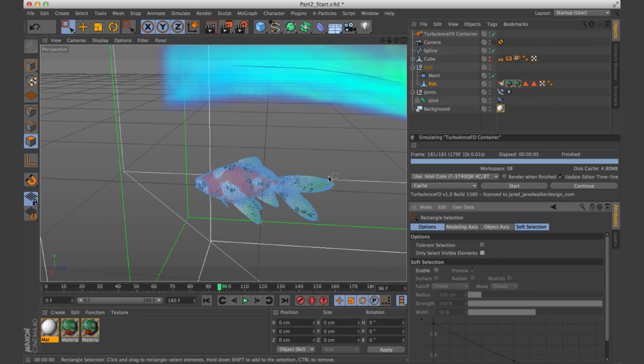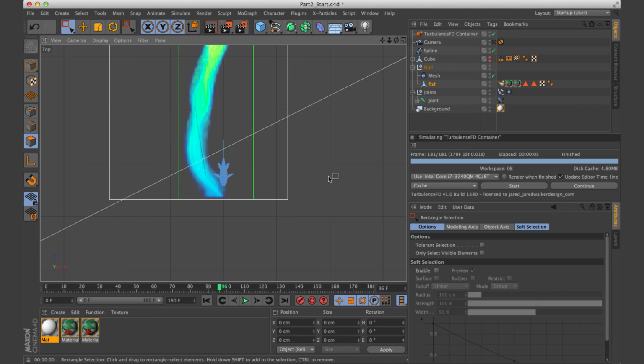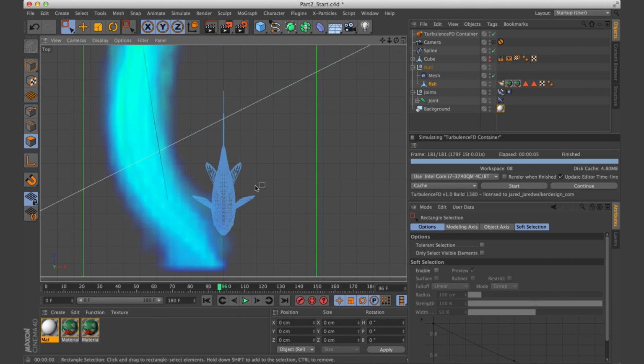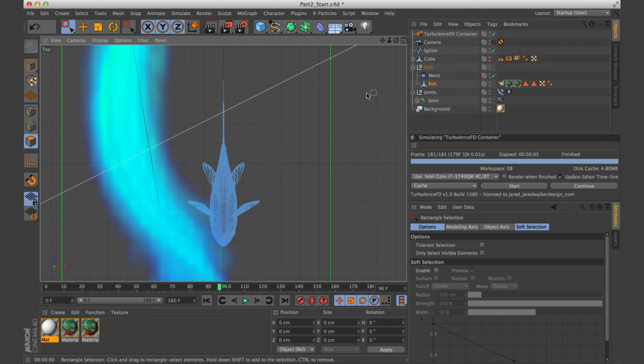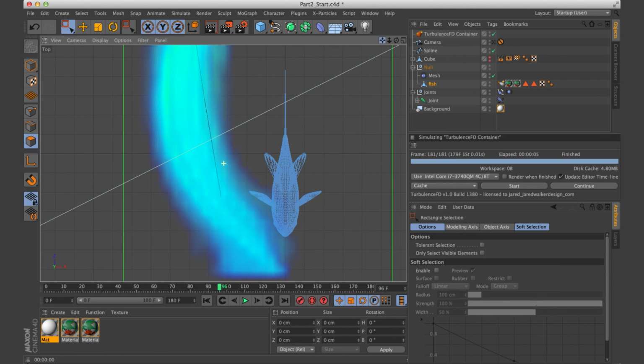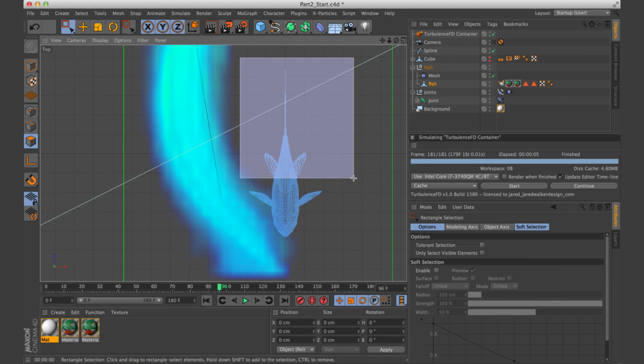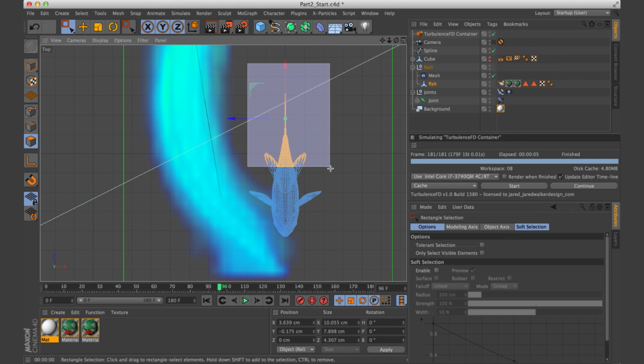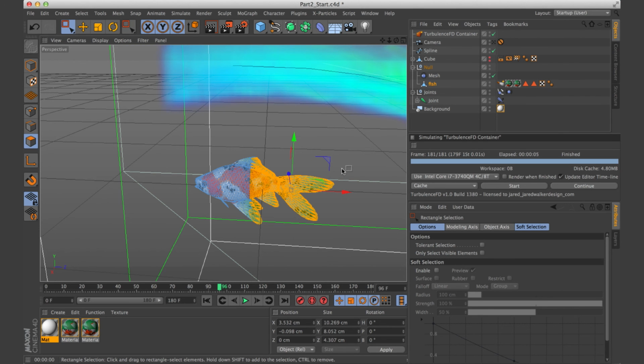And so let's switch to an orthographic view. So all I want to get is maybe up to here. I don't know, maybe a little bit more. So now we've got that selected, and we'll switch back. Yeah, that looks pretty good.